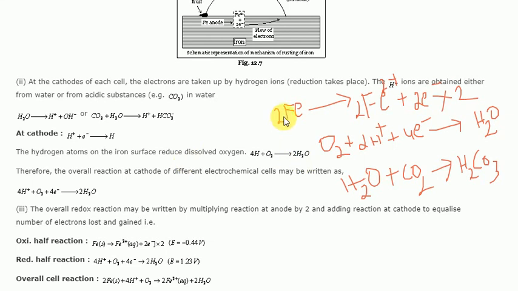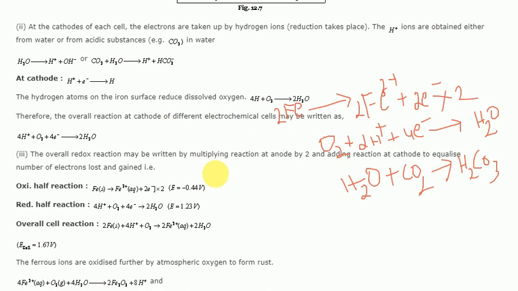So oxidation happens here and reduction happens here. Both reactions take place. That is the reason why iron undergoes the rusting process. Look at the equation given. In the oxidation half cell, iron undergoes oxidation, producing 0.44 volts. In the reduction, the hydrogen atom takes the electrons produced there and becomes a water molecule.